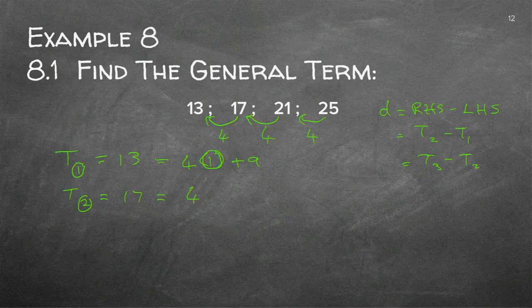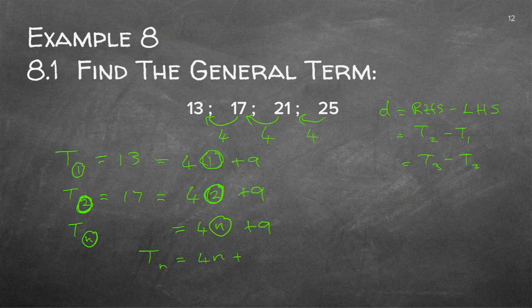If I take 4 times 2, because remember that little footnote there, and that thing there is the same. 4 times 2 is 8. 8 plus 9 gives me 17. You can already see the pattern. You agree? I can carry on, but you can see the pattern. So if I now get to the nth term, I'm going to say 4 times n plus 9. And if I write it neatly, it will give me Tn is 4n plus 9.